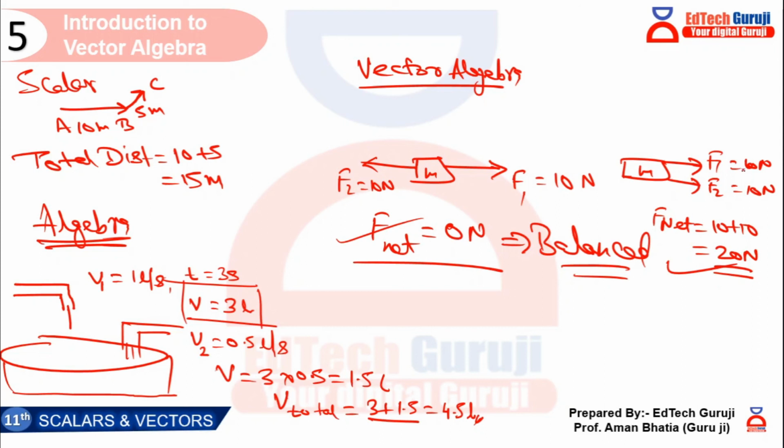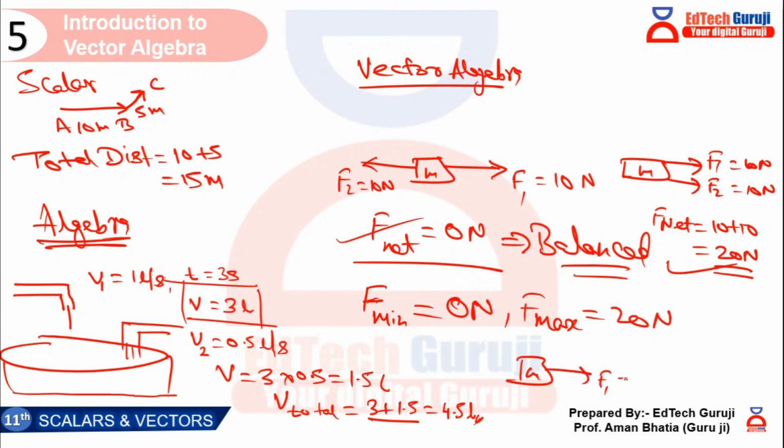ओके, इसका मतलब अगर मेरे पास दो वेक्टर्स हैं, अब मैं इस केस में तुमसे पूछ सकता हूँ कि व्हाट इज द मिनिमम फोर्स इन एनी कॉम्बिनेशन. तो यू विल से, सर, मिनिमम फोर्स 0 न्यूटन का लग रहा है, और मैक्सिमम फोर्स 20 न्यूटन्स का. अगर मैं बोलता यही मास यहाँ पर पड़ा है m का, एक फोर्स लग रहा है इस डायरेक्शन में 10 न्यूटन का और एक फोर्स लग रहा है किसी और डायरेक्शन में, ठीक है, इन सम पर्टिकुलर डायरेक्शन विच इज F2, अगेन इट इज 10 न्यूटन.